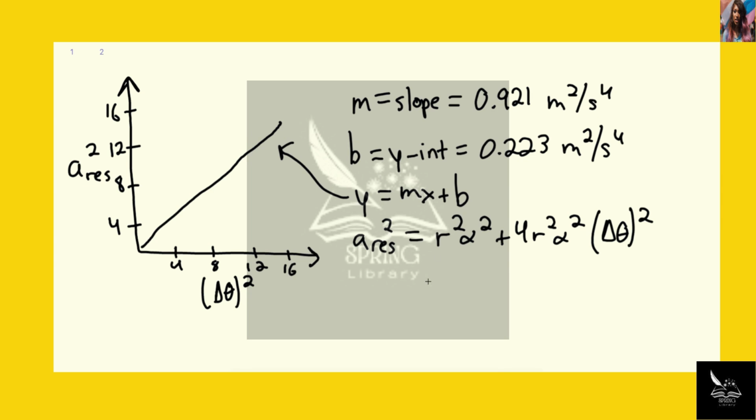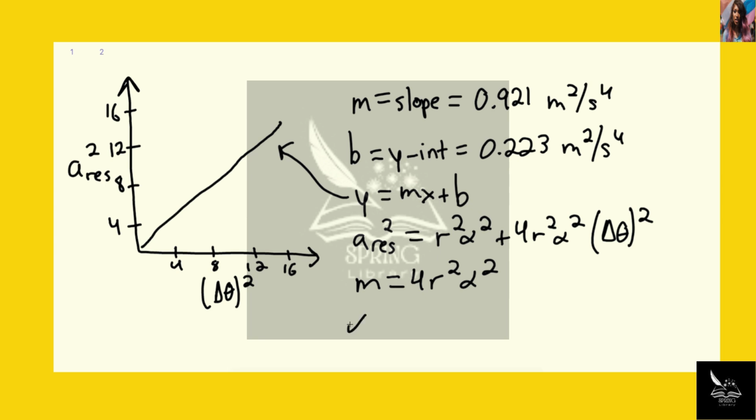This means that the slope m is equaling our m here. So we can relate this equation to this equation, and m here would correspond to 4r squared alpha squared,